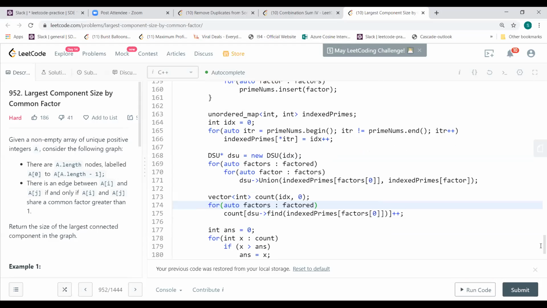And then I come here and take another array, count. Actually, the way Uday was doing, I could have used the size one also, but I didn't go there. I'm doing it over here. Try to go to each and every element we had calculated earlier, go to that factor list, take the first element, find what the root is, and then set a count and increment.